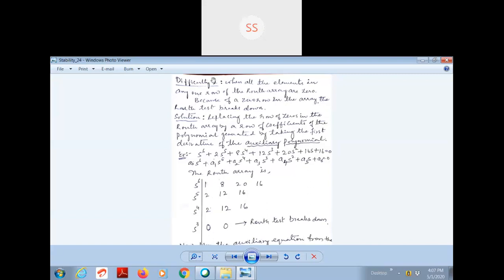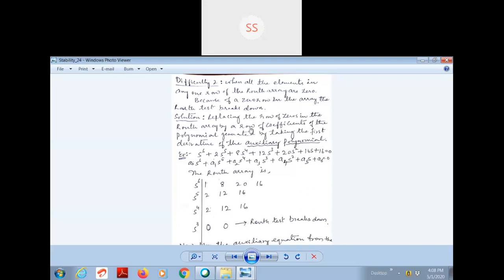Okay. So difficulty 2 is whenever all the elements in any one row of the root array are 0. The first problem was when only the first term of the root array becomes 0. Now the second difficulty is when all the elements in one row of the root array are 0. Because of this complete row of zeros, the root array test breaks down. So in order to continue with the array writing, the solution here is to replace the row